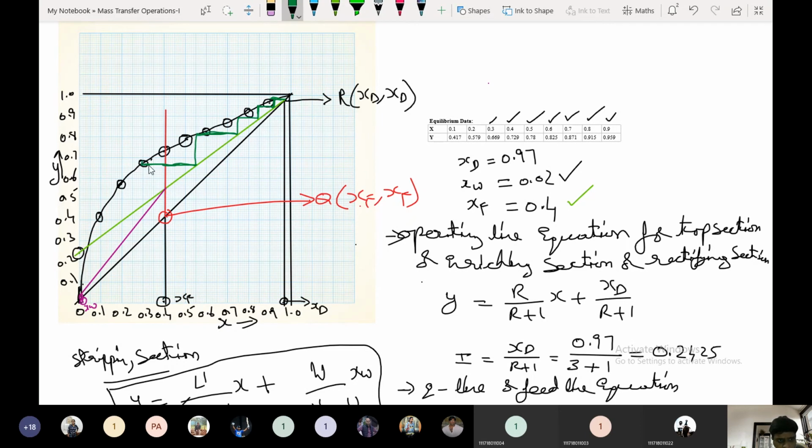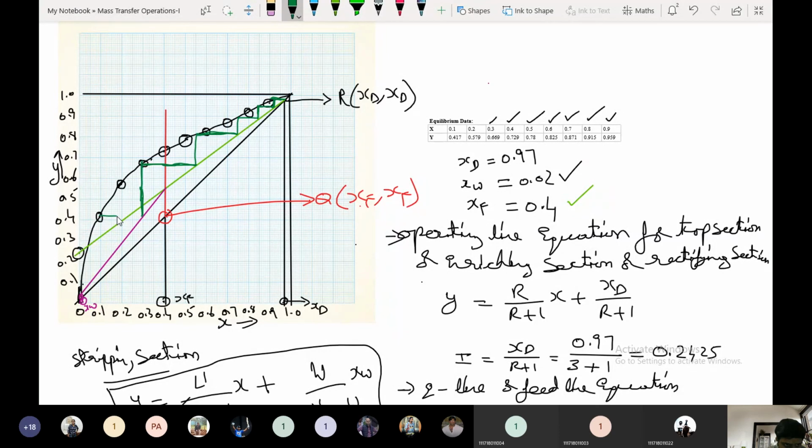And now if you see, this is the feed line, the intersecting point has already come. After the intersecting line, you have to change the operating line. So now the violet line is your next destination. Next line you have to launch here. Now your operating line will be the new line. You have to neglect this, cut off this line. Now you don't want that line. So from this one it is connecting here.